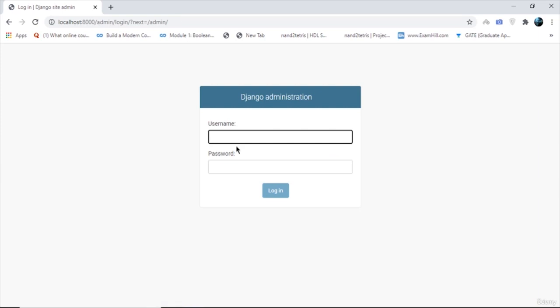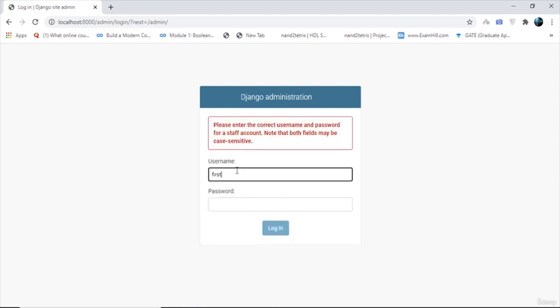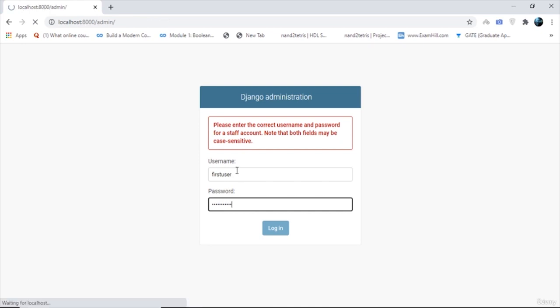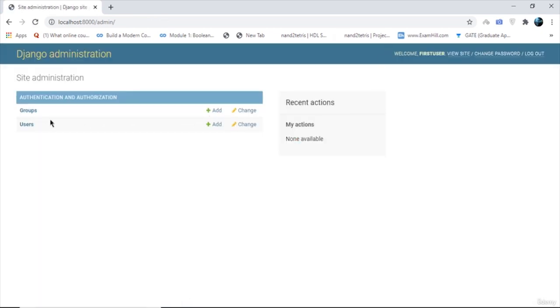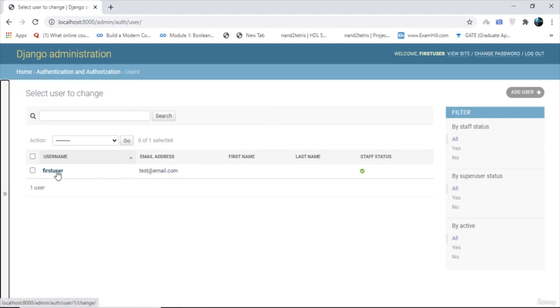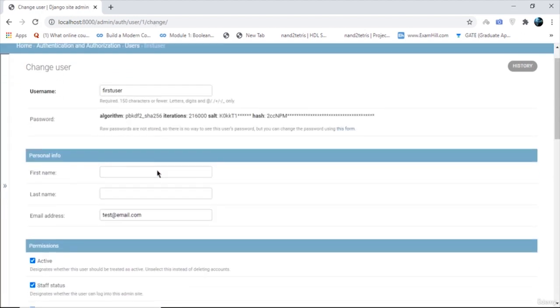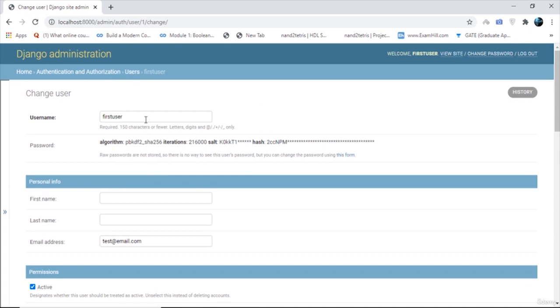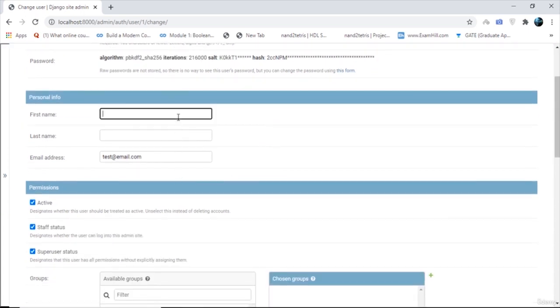So it has my login details. First, testing123. Okay, inside you can see that we have groups and users. Users contains all the details, like the first user, my details. This is where my information lies. My password is encrypted, and I can provide additional details,